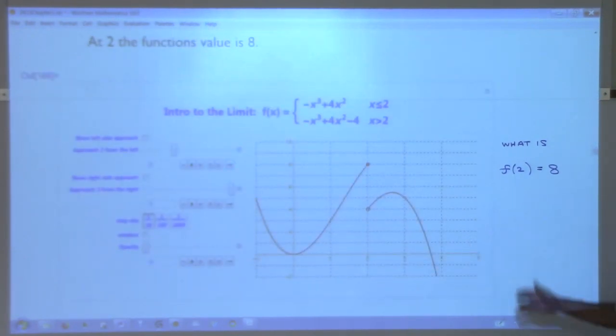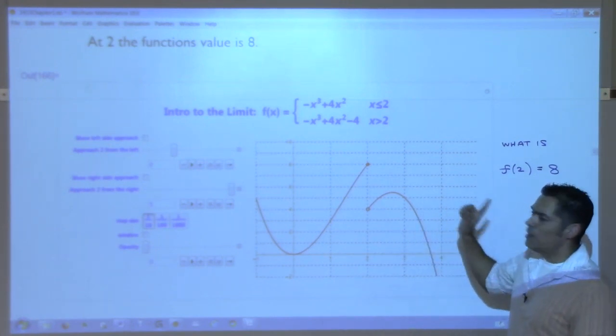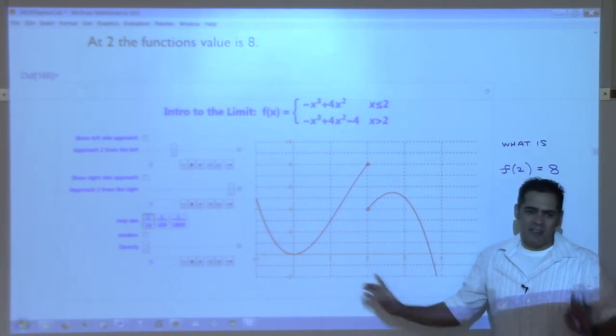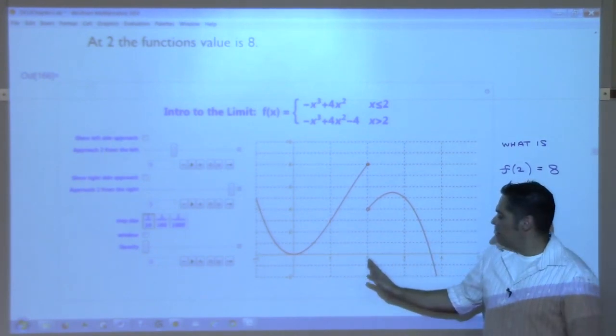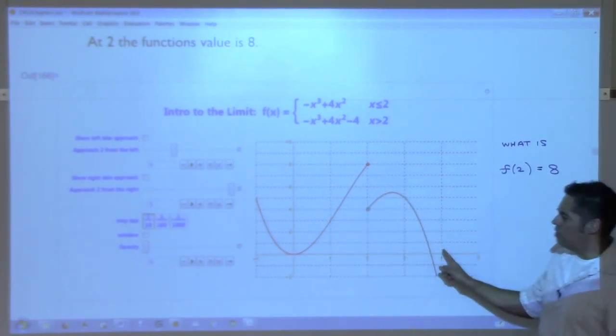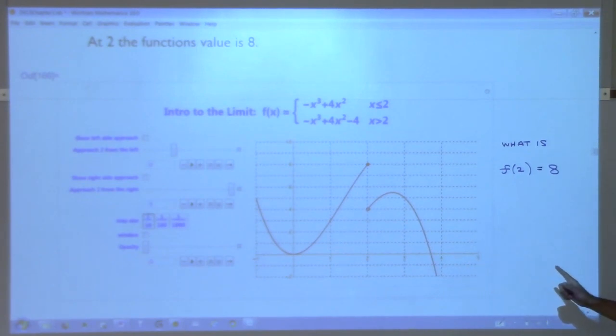So now I've given you a piecewise function. I'm still interested in what's happening at 2. And I had to pick a number, so I'm just going to stick with 2 for a while, all right? So here's a different function. Is it a function, first of all? Does it pass the vertical